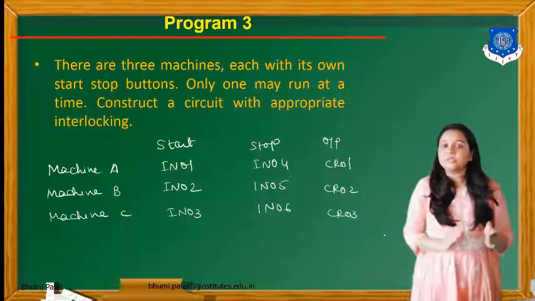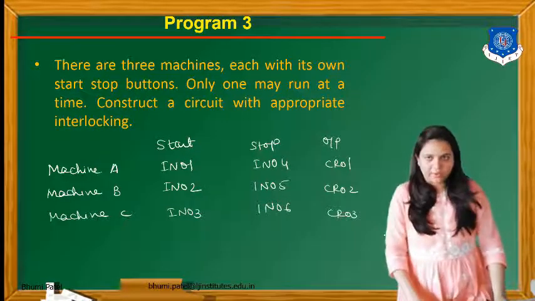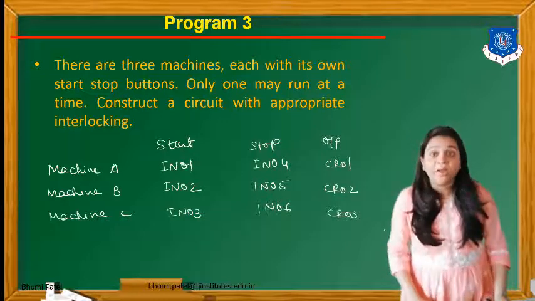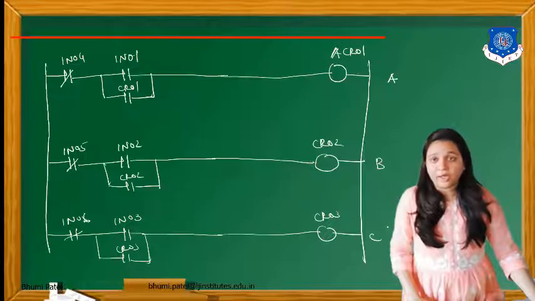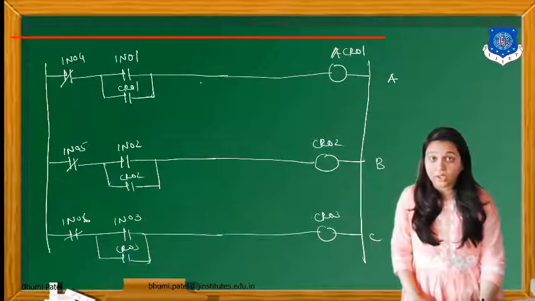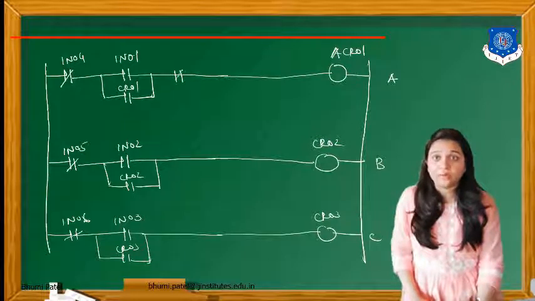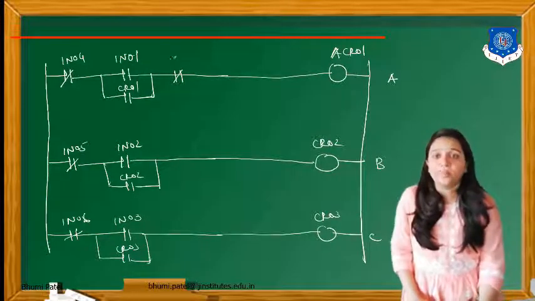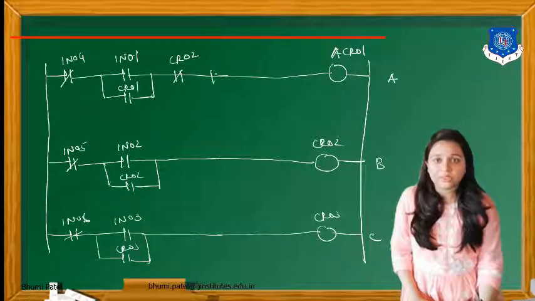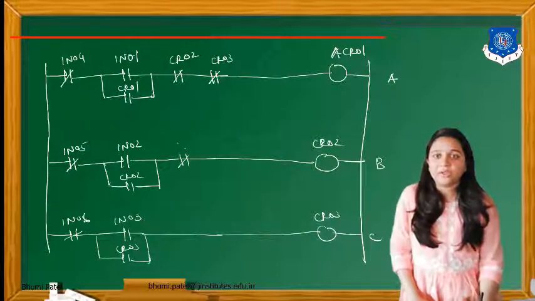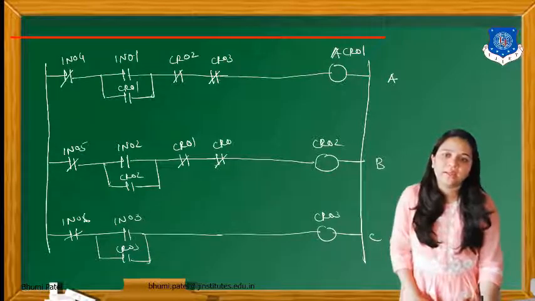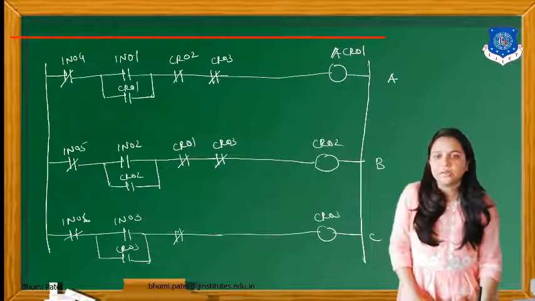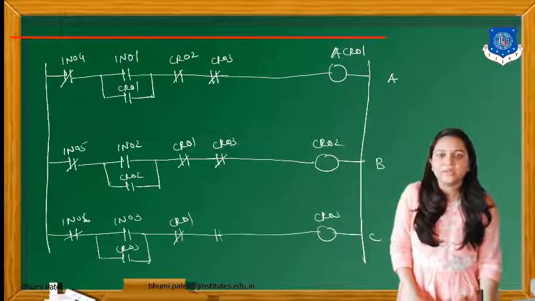There are three machines, each with its own start and stop button. Okay, that we have connected in the ladder diagram. Now, the next condition is only one may run at a time. And for that, we have to put here the interlocking. Suppose for machine A, we can put the interlocking, the outputs of machine B and machine C. Same logic will be applied for machine B. Here CR01 is a normally closed contact and CR03, and for machine C we can put CR01 and CR02 as